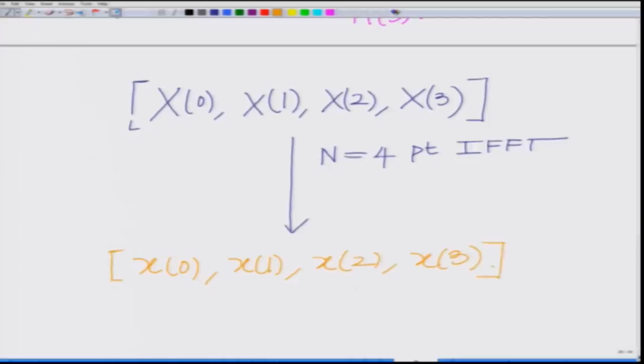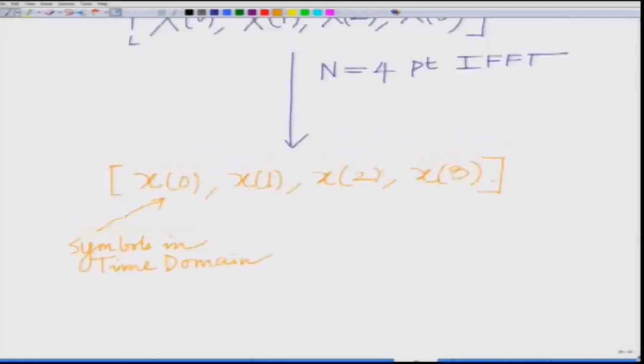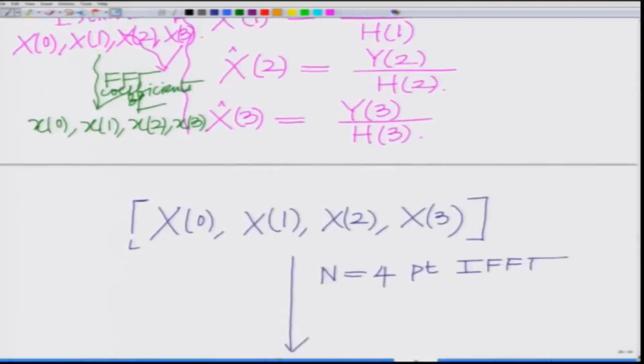So, these are the symbols in the time domain, right. Now, all we have basically, if you can see this, we do not have the capital X's, but